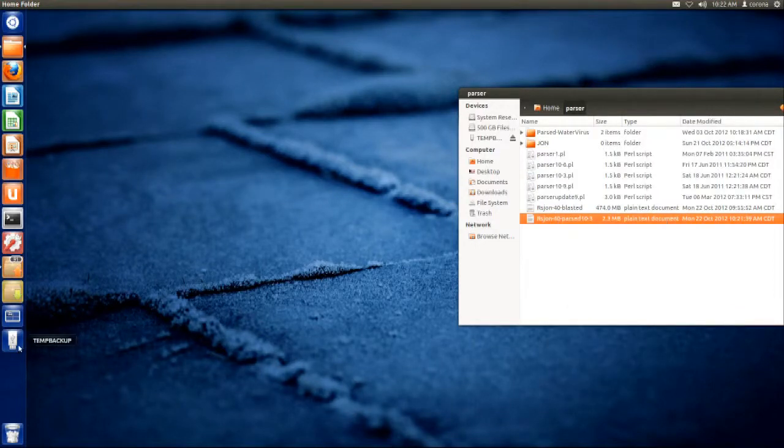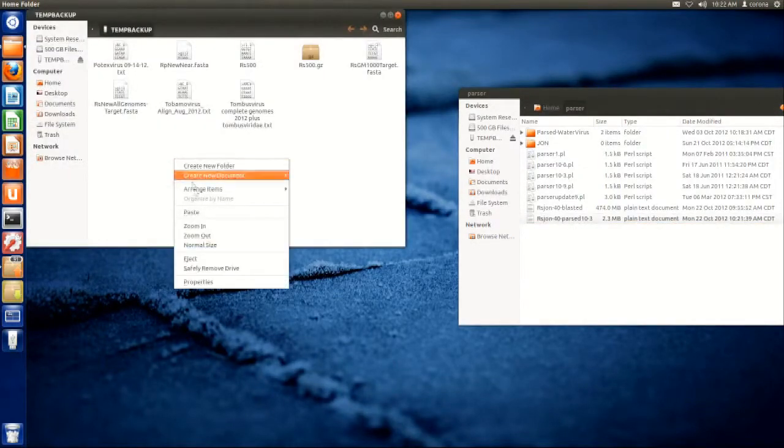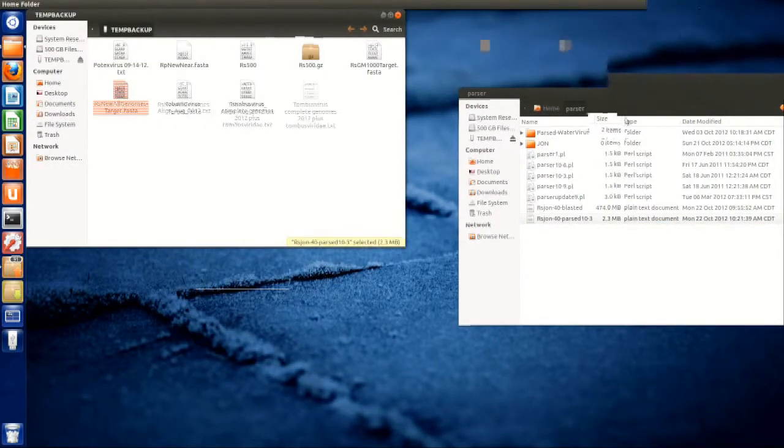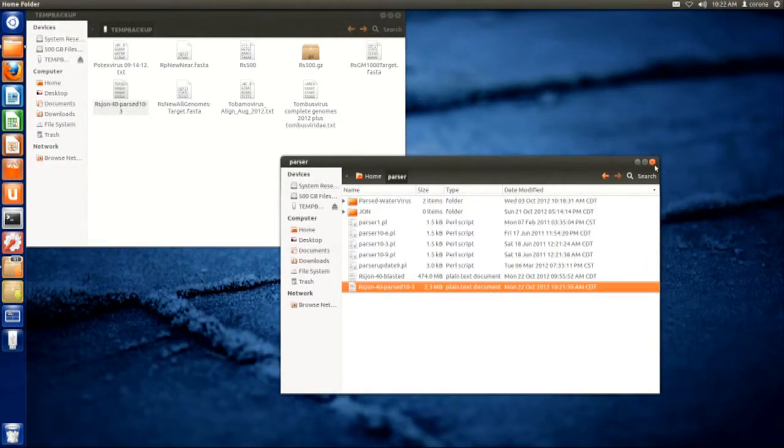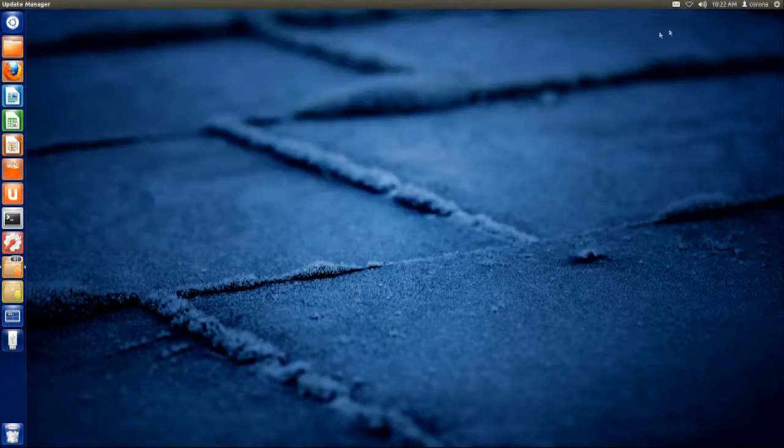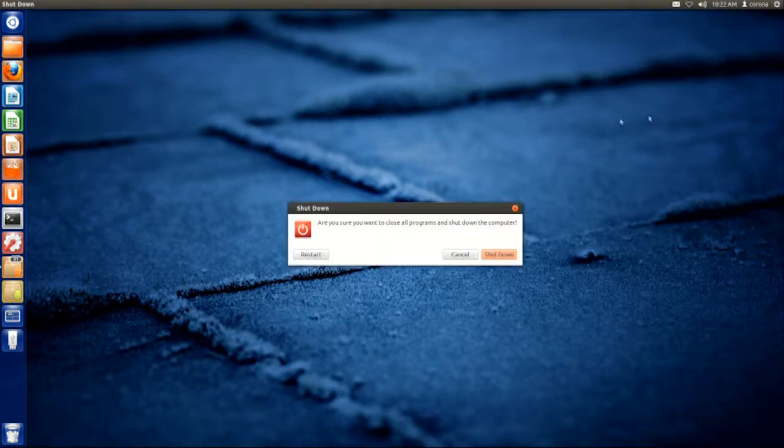So you want to move these into something like Microsoft Excel. Linux has its own programs that you can use to view this file and analyze it. Personally, I would rather use Microsoft Excel. So I'll just copy this onto my USB thumb drive, and I'll transfer everything over and reboot into